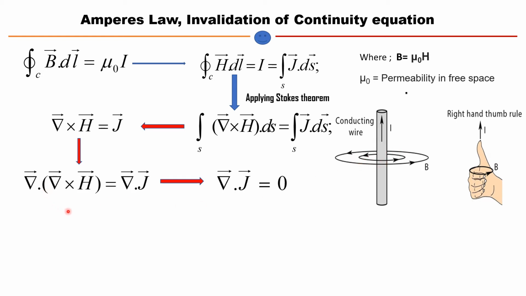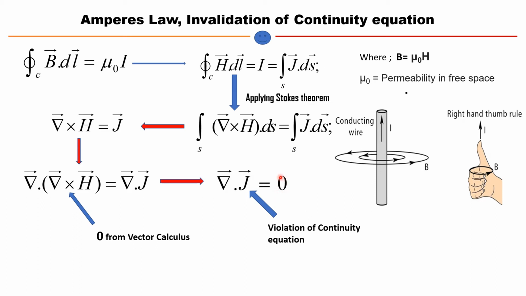Now let's validate this Ampere's differential law. We take the divergence on both sides: the divergence of curl of H and the divergence of the current density J. What do we get? The divergence of the curl, from vector calculus, is 0. So the divergence of J becomes 0. But in my previous slide, I showed you that the divergence of J would be associated with minus del rho del t, that means the time rate of change of the volume charge density. But the rate of change of volume charge density is not 0.